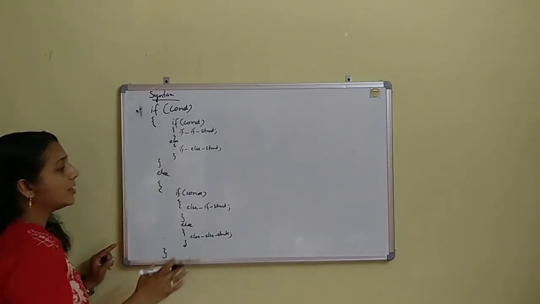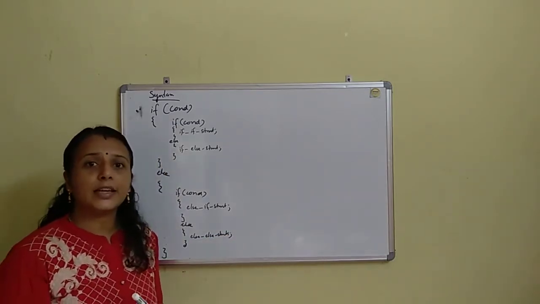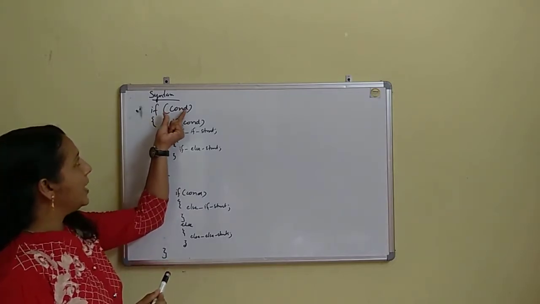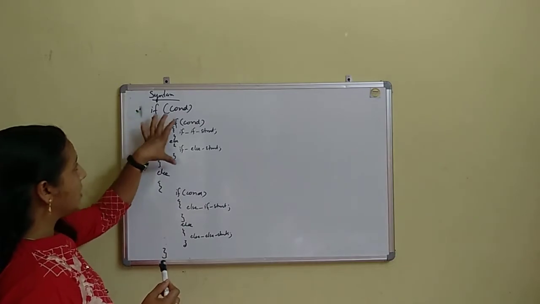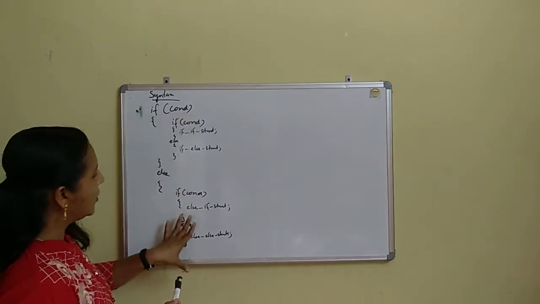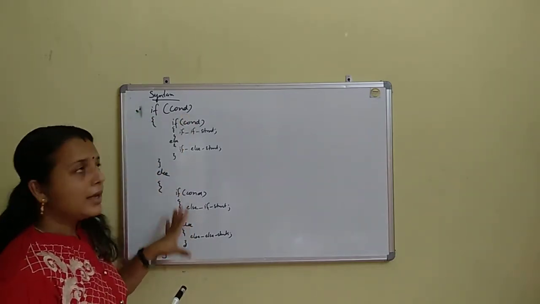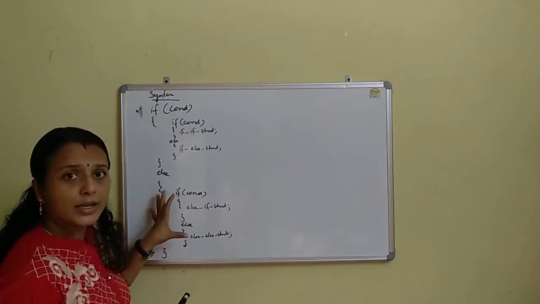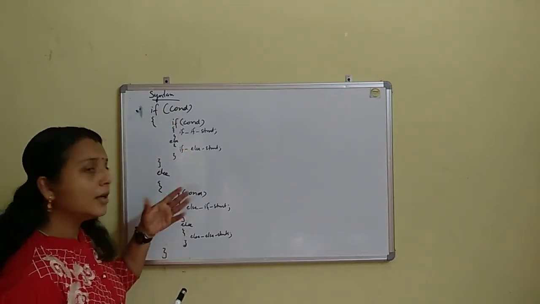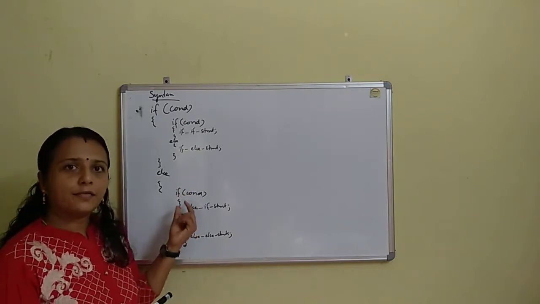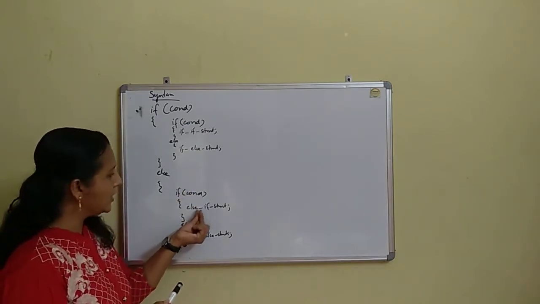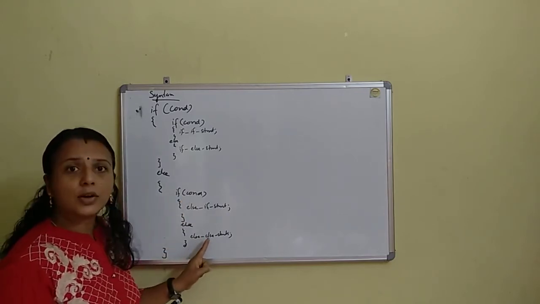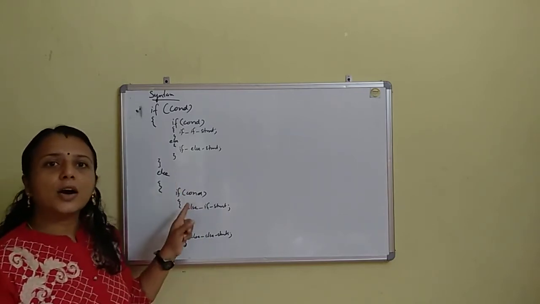So this is the way this nested if else block gets executed. When the main condition is true, it goes inside this block only. It is not going to follow the else block. If the main condition is false, it comes to the outer else block part and will check the if condition there. If that if condition is true, it executes this part only. If this condition is false, it executes only this part. So this is how the nested if